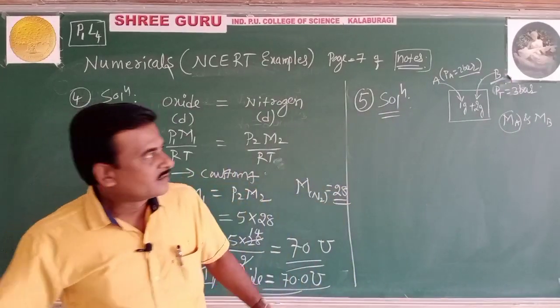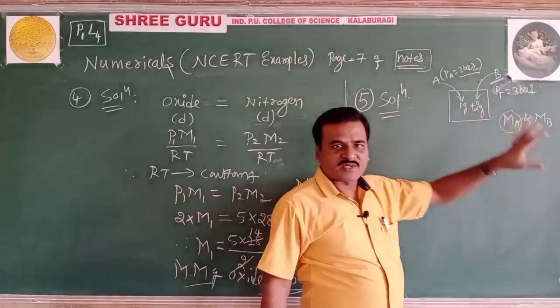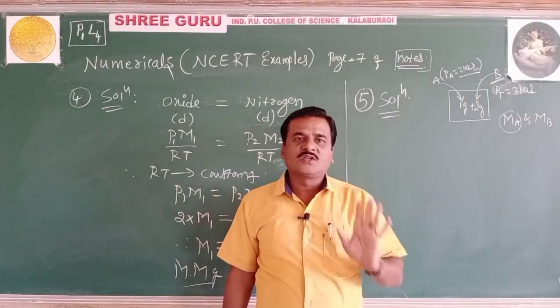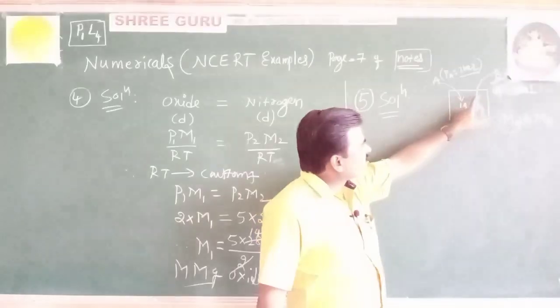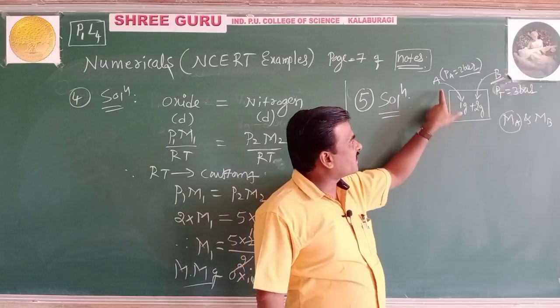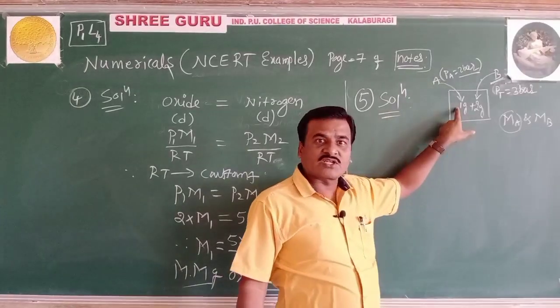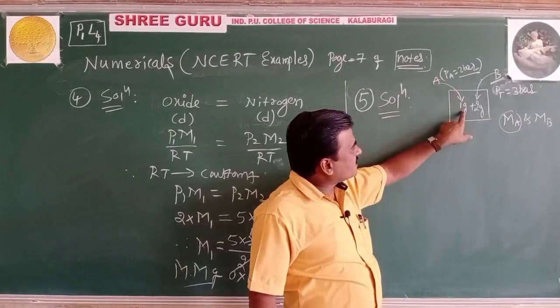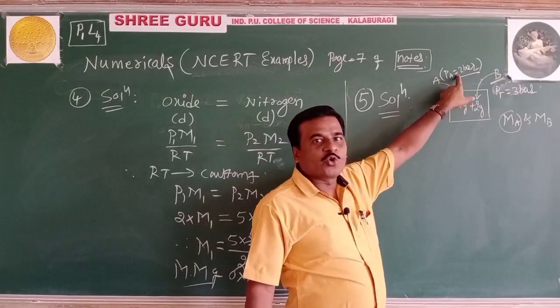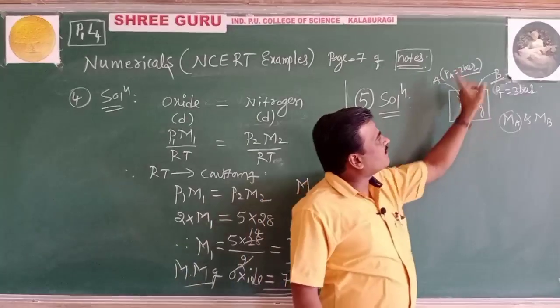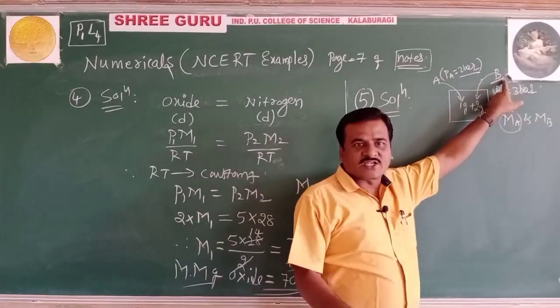See, there is no complexity in the problem. Try to understand. First, when you analyze the problem, you will definitely reach the solution. There is one container. First, one gas was taken, gas A. What amount of gas A was taken? 1 gram. When 1 gram of gas A was taken in the container, it exerts a pressure of 2 bar. To the same container, 2 gram of another gas B was introduced.